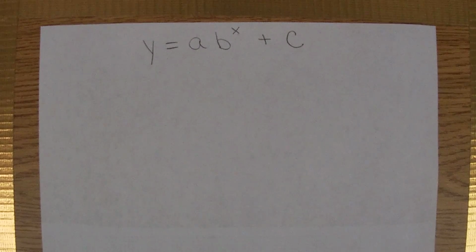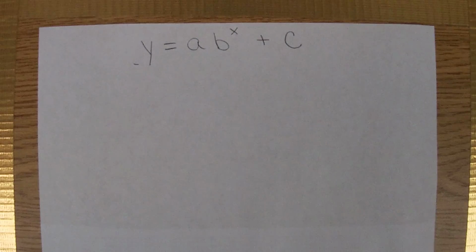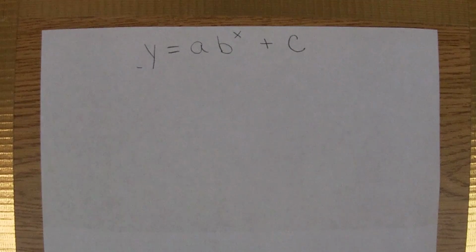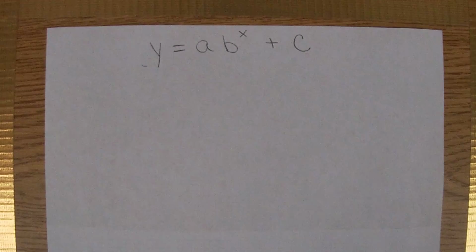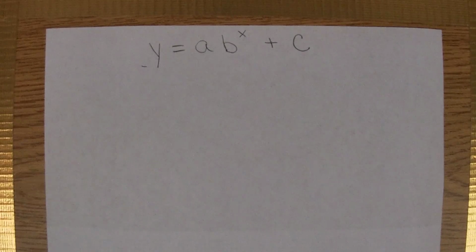So we've talked about graphing quadratics. Now we're going to talk about graphing exponentials. And when we're graphing exponentials, this is the form that we're going to be looking at. You'll probably want something to write this down so you have it as notes, enough to at least help yourself as you're going through and doing the worksheet. So y equals a, b to the x plus c is our exponential form that we're looking at,